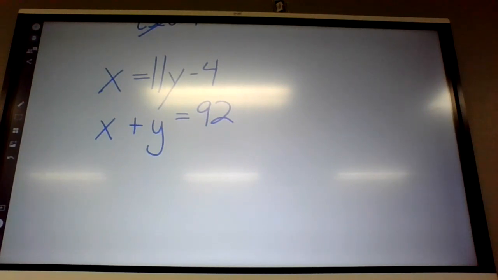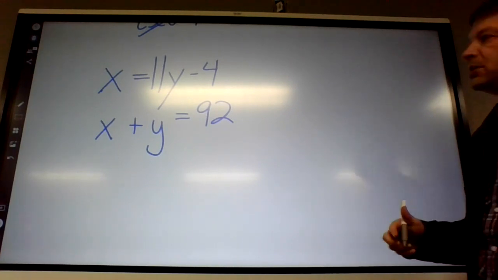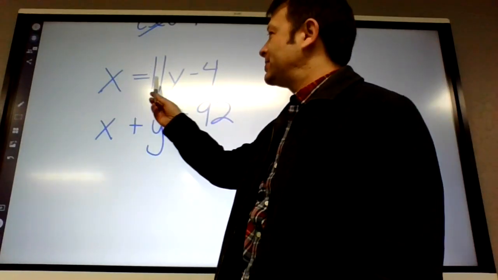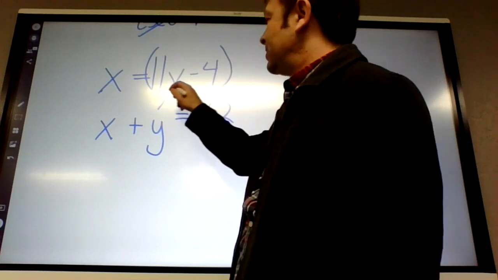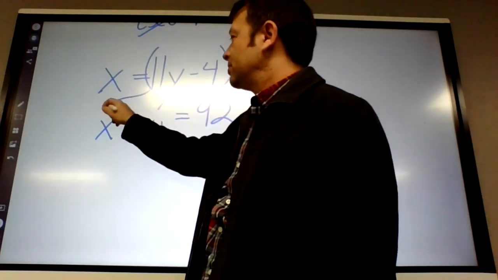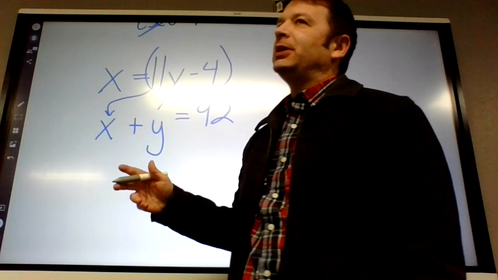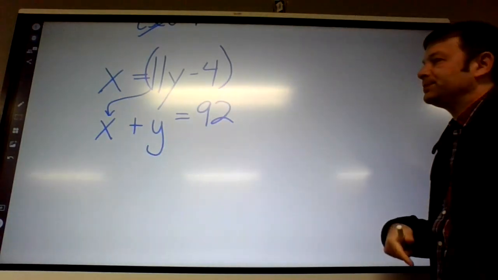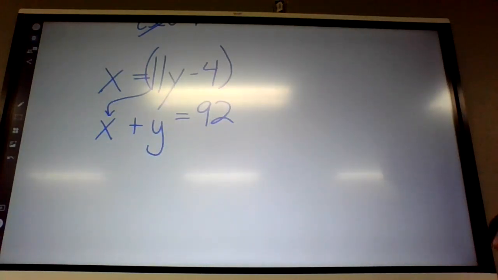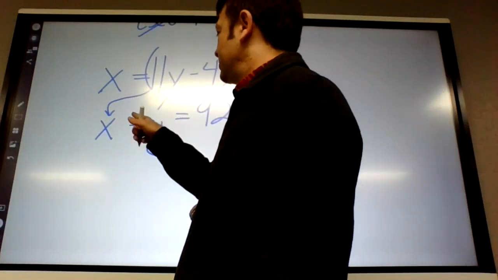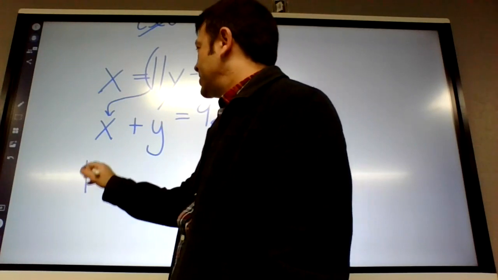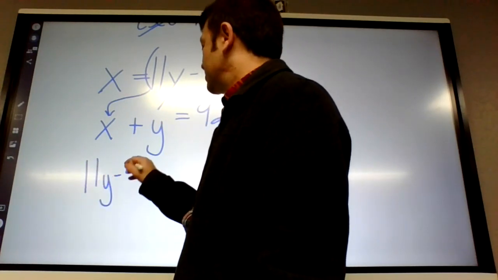Okay, now we get to choose. Do we want to use elimination or substitution? Substitution works. Since it says x equals, substitution will probably be easier. If x equals 11y minus 4, it's not lined up for elimination, which you could make lined up, but if I replace x with 11y minus 4,